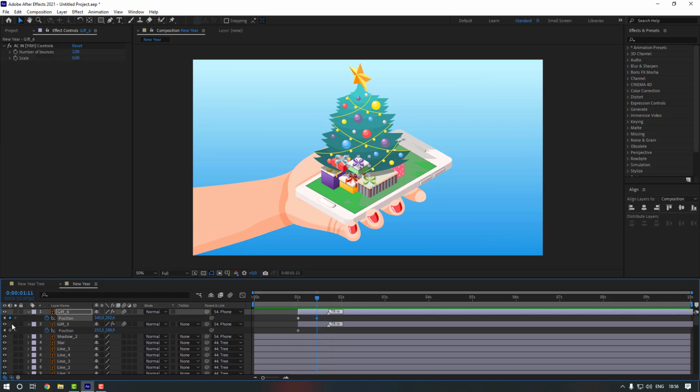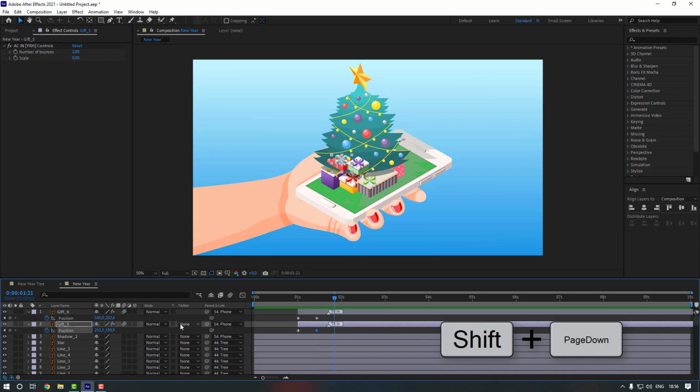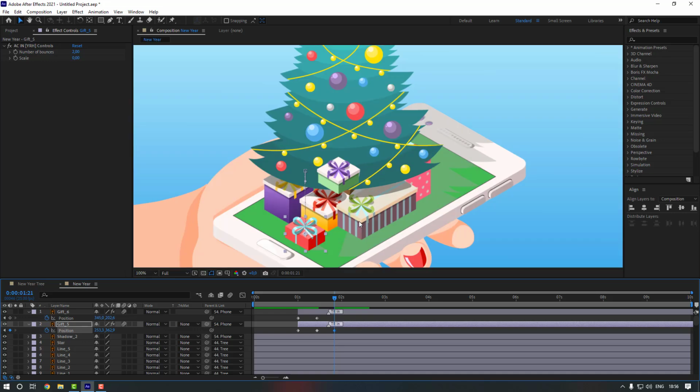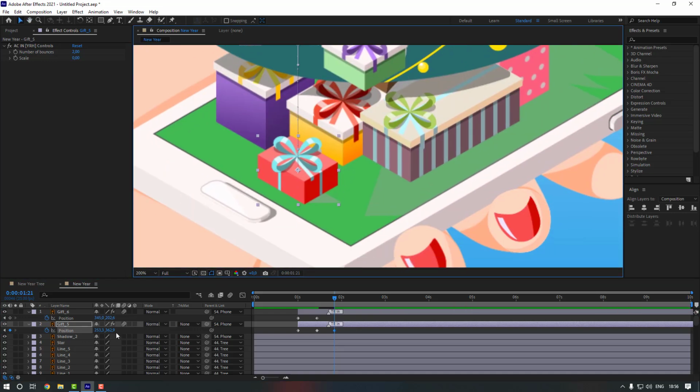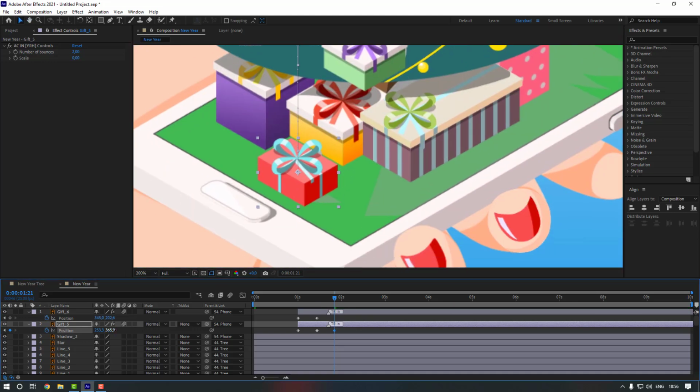Okay, let's make static keyframe for both of them and go to 10 keyframes by holding Shift and Page Down, and let's move them down. Let's zoom a little bit. Let's move to here and let's go to 3 keyframes with Page Down, and let's move it up a little bit and go to 3 keyframes again. Let's copy this keyframe with Ctrl C and paste it with Ctrl V,